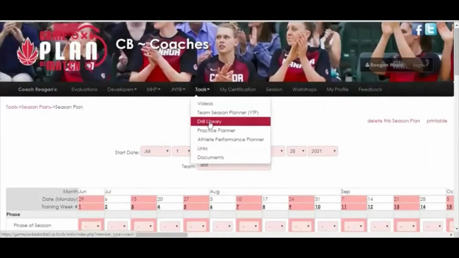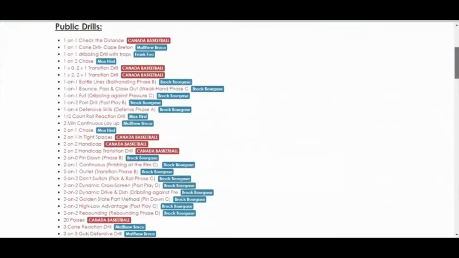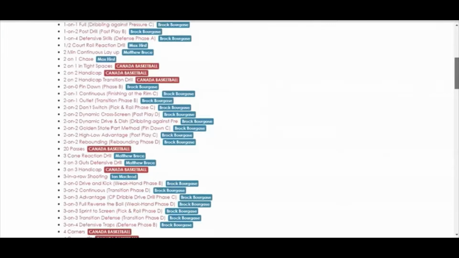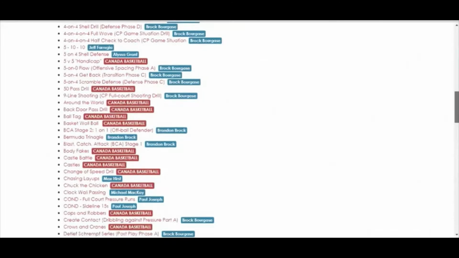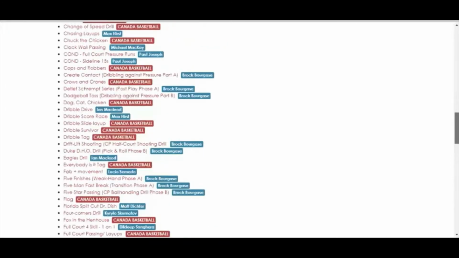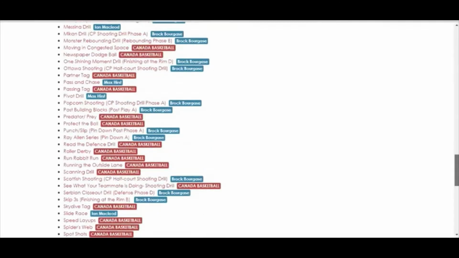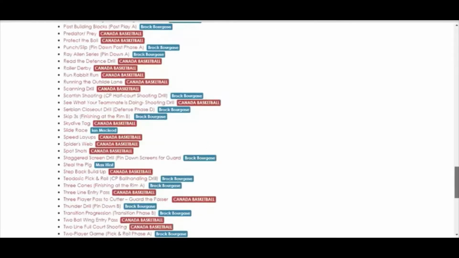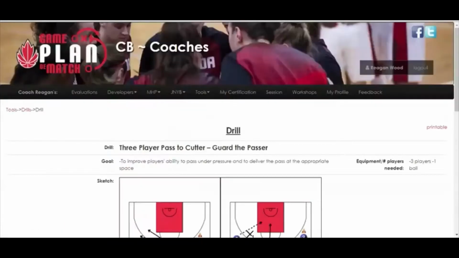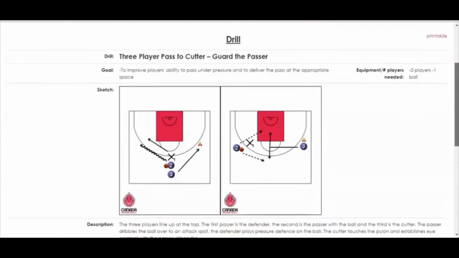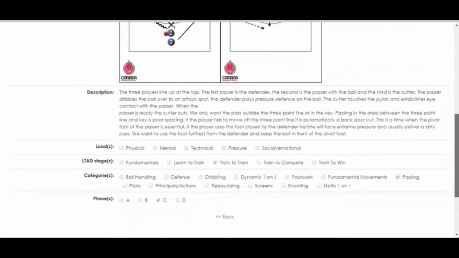Another great tool is the drill library. So again, thousands and thousands of drills. Who came up with the drill and has uploaded it to GamePlan. Tremendous stuff that you can use in all of your coaching and that you can layer into the practice planner. There's so many of these that we could go through. If we pick, let's pick this drill right here. So you can see you'll get a nice full diagram, equipment needed, description of what to do, and how many players, where to line them up, how it fits into your